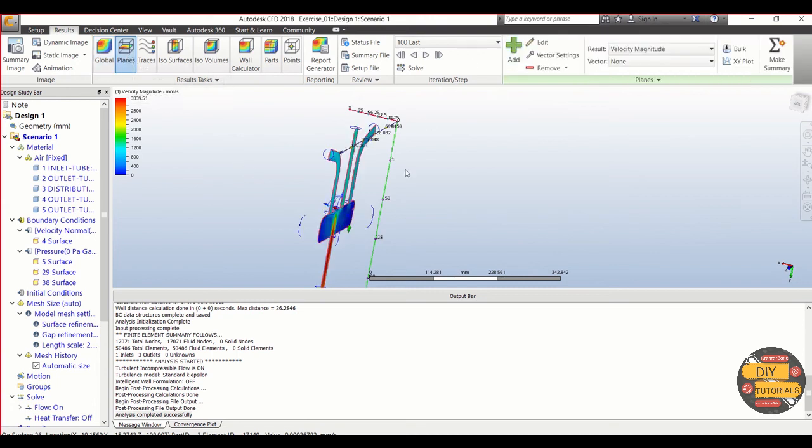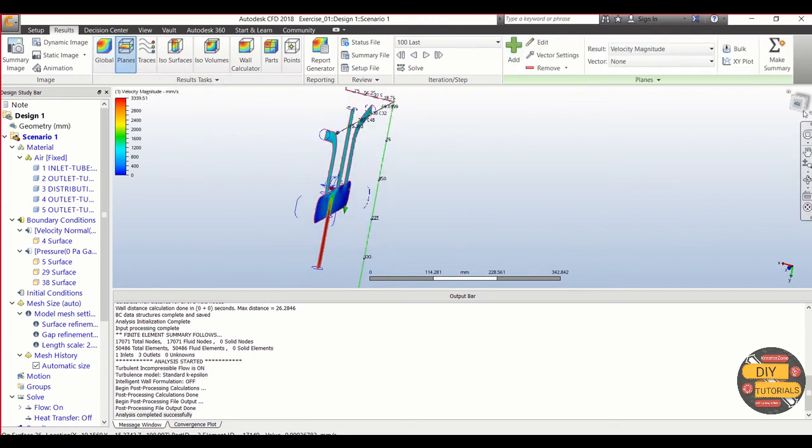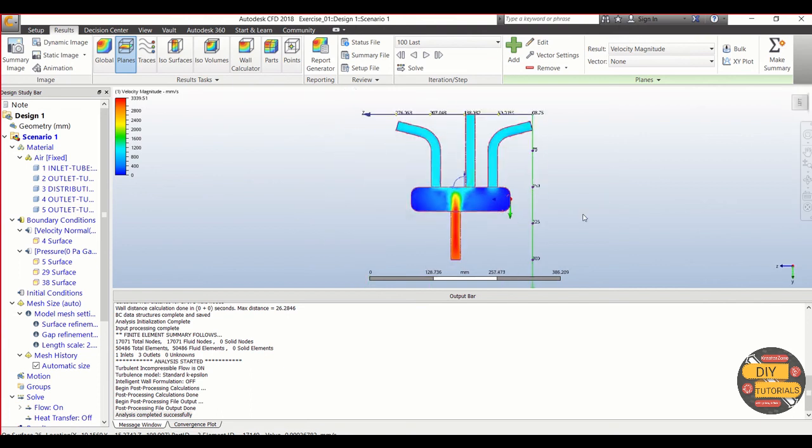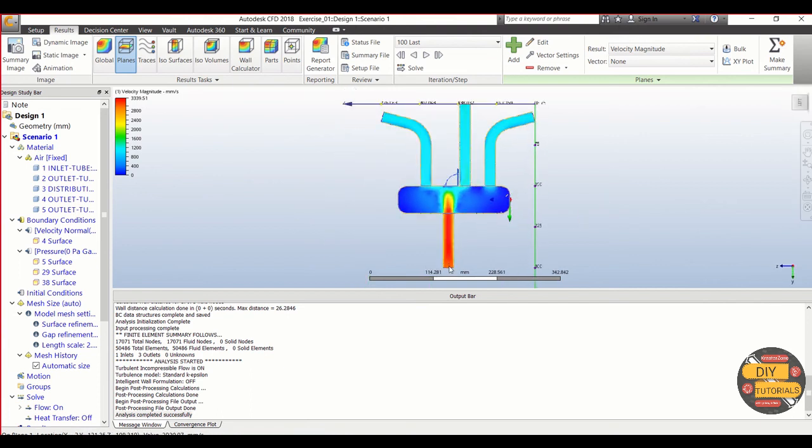If I see the planes, you can see we had an inlet velocity of 3000 mm per second, and then we have outlet pressures of 0 Pascal.